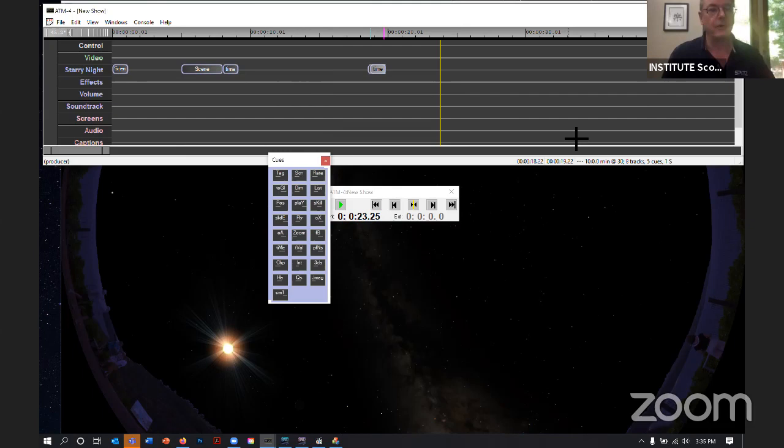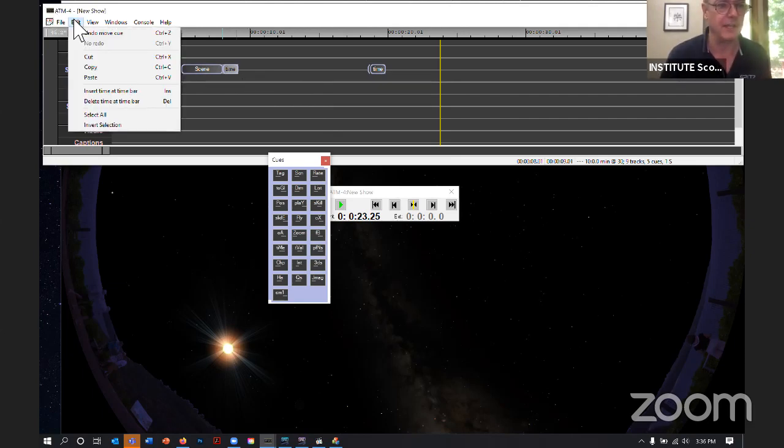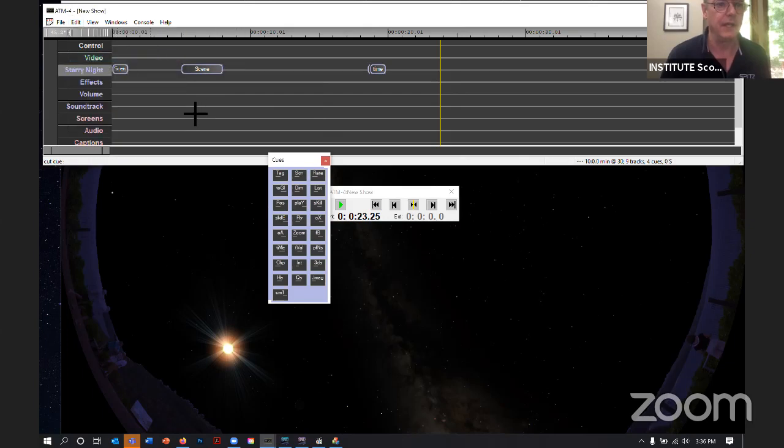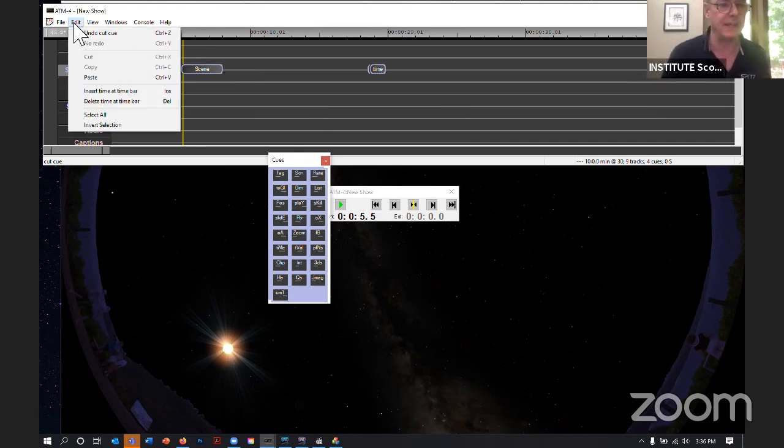Okay. So here's the thing I can do now. I'm going to take this time cue right here, and I'm going to cut it just like I could in any other document. I can say time cue by selecting it, and I can go to edit, and I can cut that cue. And then anywhere I put my time bar, here or here or here, if I say edit, paste,